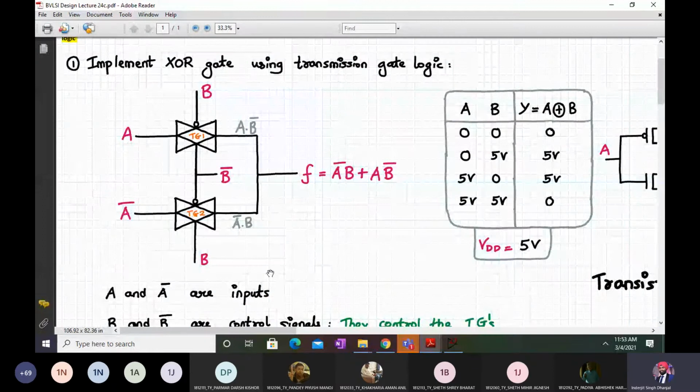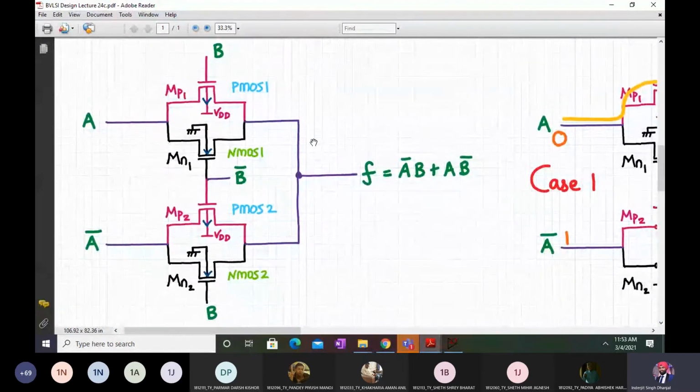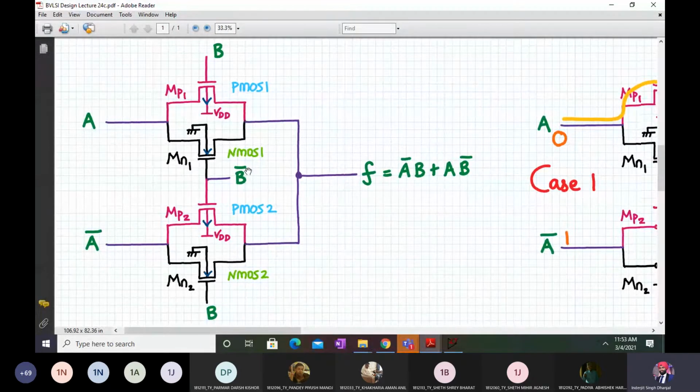Normally we draw that, but you can also observe it like this. Here we have PMOS 1 and NMOS 1 forming transmission gate 1, and PMOS 2 and NMOS 2 forming transmission gate 2. We have applied A and A bar as the inputs and B and B bar as the complementary inputs.